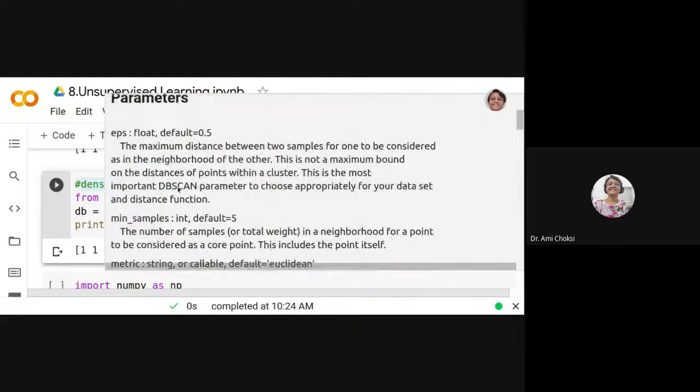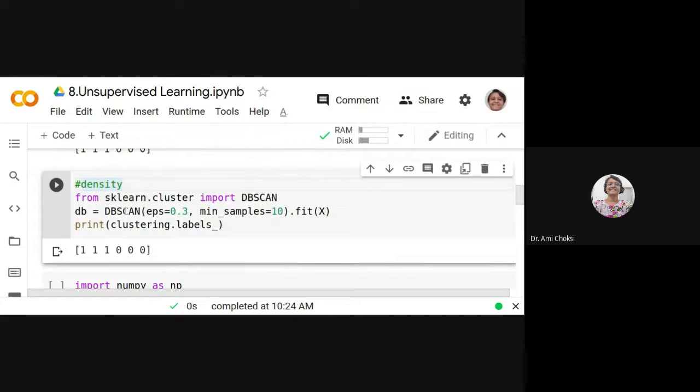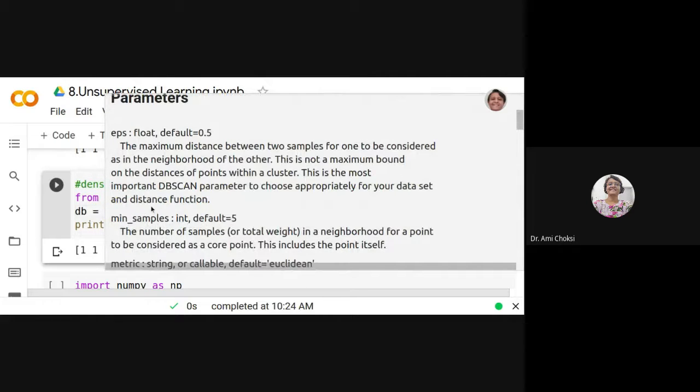We can put our mouse here and we'll be able to see the help of it, right? eps is a float and the default is 0.5. What is it? The maximum distance between two samples for one to be considered as in the neighborhood of the other.